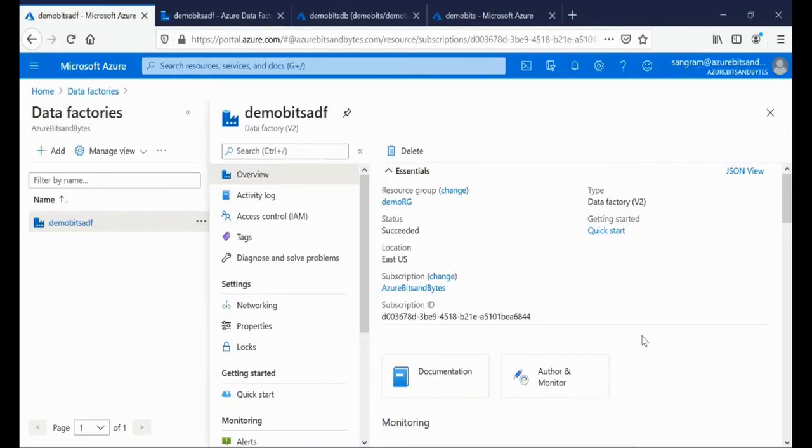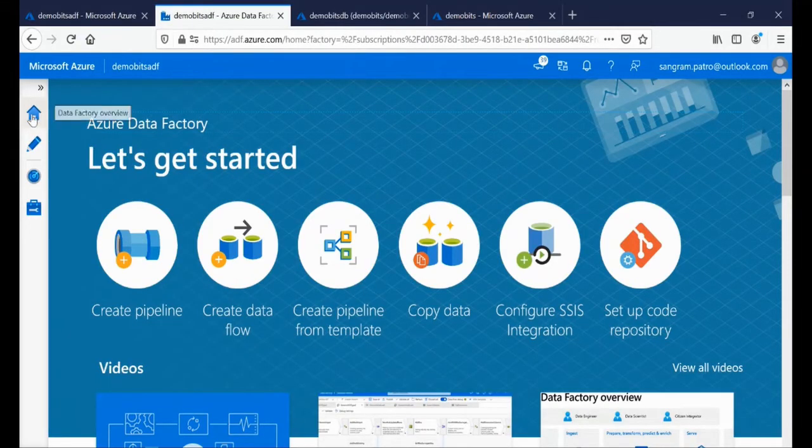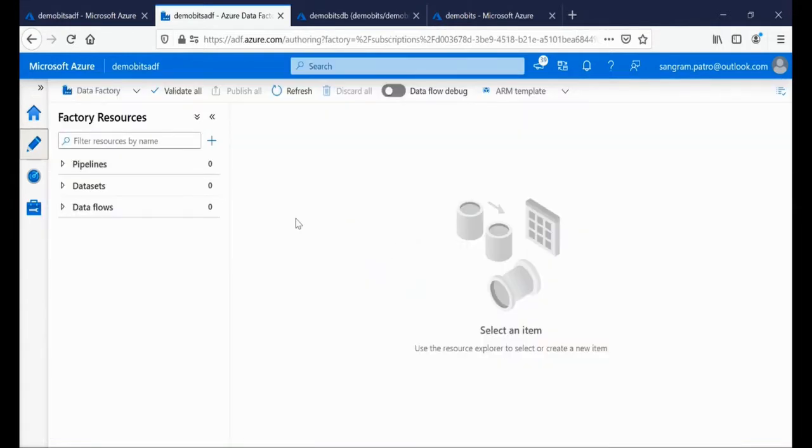So this is the data factory resource within the portal, and the first problem statement is to copy a file within the storage account to a table in SQL. Click on author and monitor to open the workspace. Once you click on author and monitor, you go to this page where you see the overview option. Click on author. This is the place where you would ultimately create your pipelines to orchestrate your copy from the file to the table.